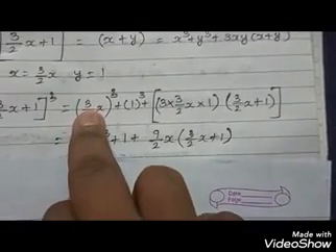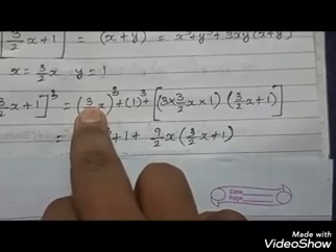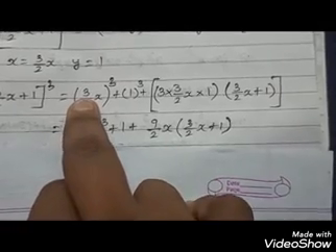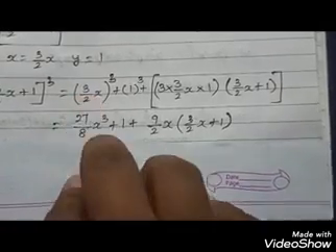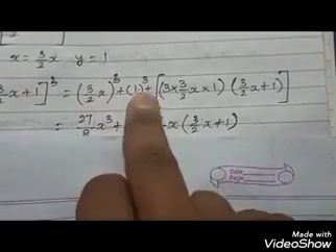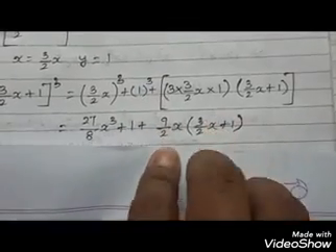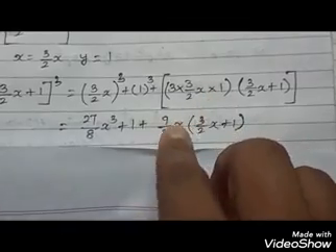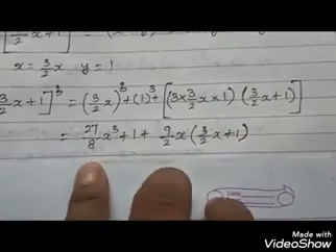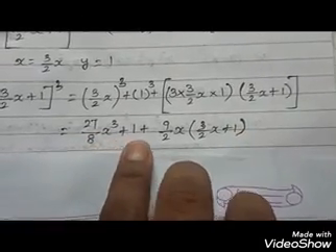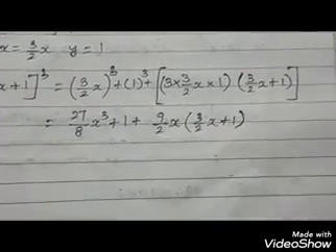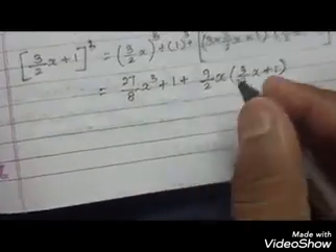Before that, you have to cube it in the same way. You need to cube the value of both numerator and denominator. So 3 you need to cube: 3 3s are 9, 9 3s are 27. 2 you have to cube, the value is 8. X cube. 1 becomes 1. So 3 3s are 9, plus 1, divided by 2x, and 3 by 2x plus 1. So the answer is 27 by 8 x cube plus 1 plus 9 by 2x into 3 by 2x plus 1.